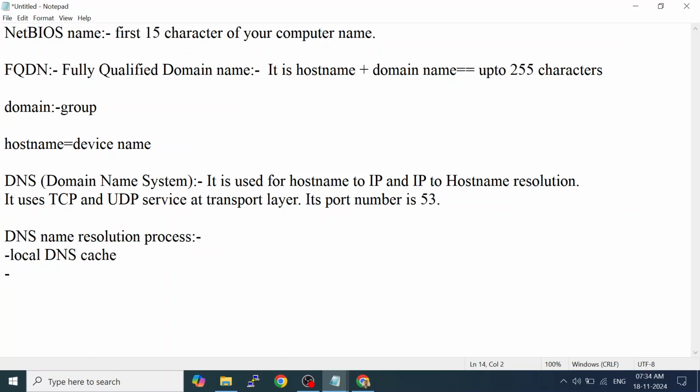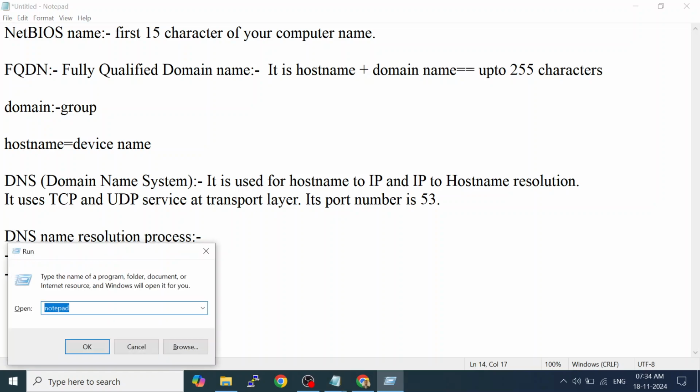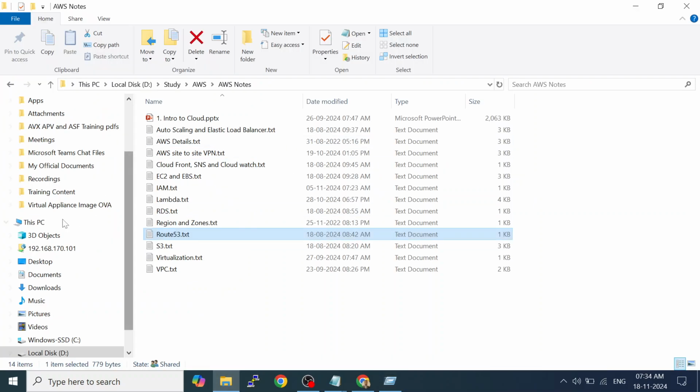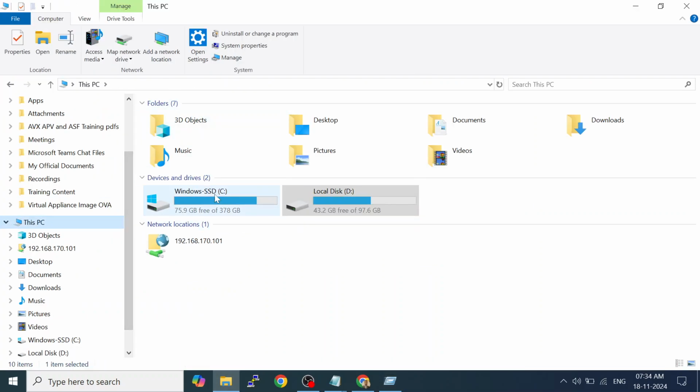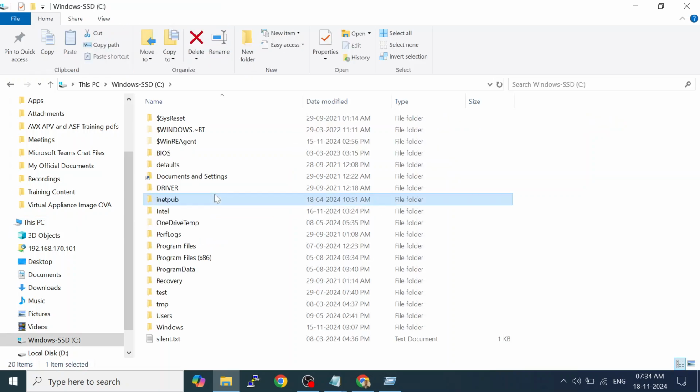Then local host file. Local host file means if there is a one host file. If you see here, C drive, then there is a Windows folder.